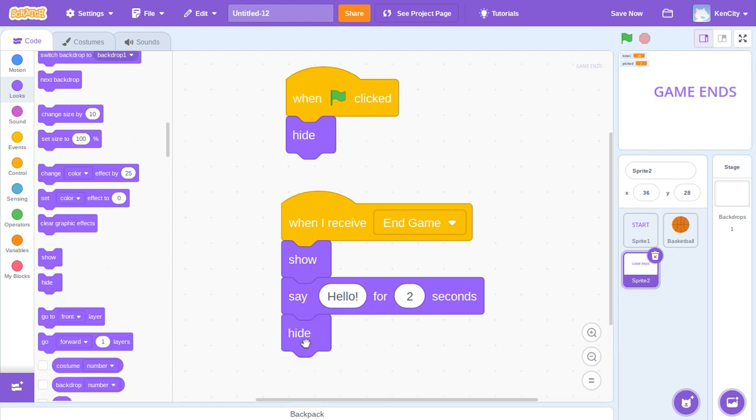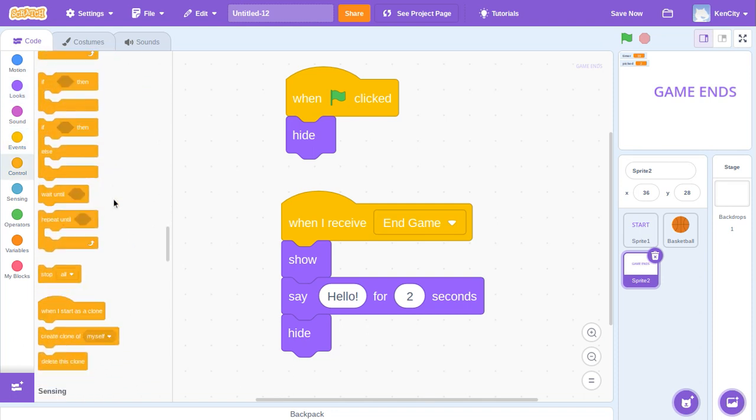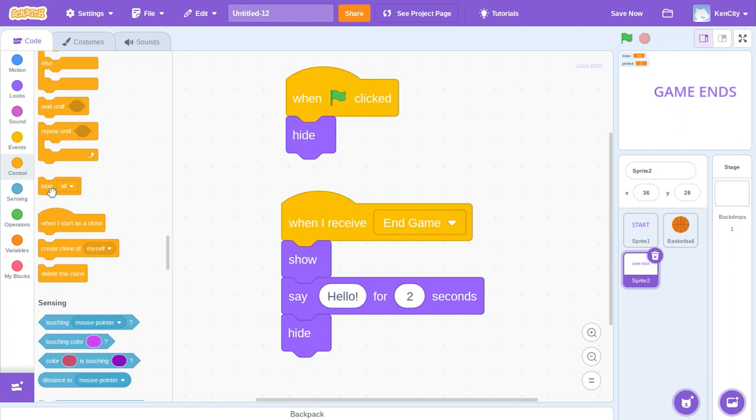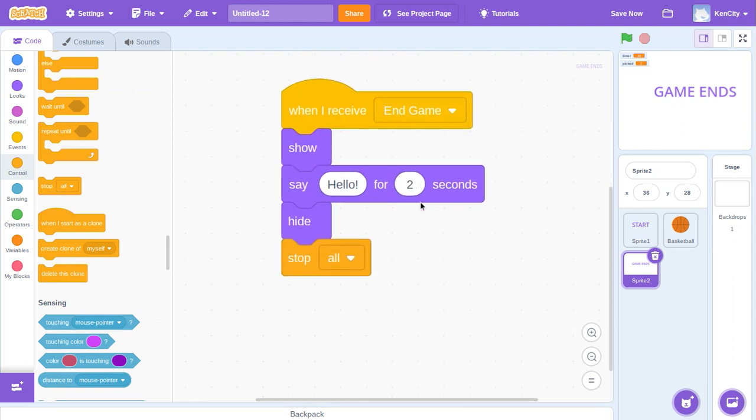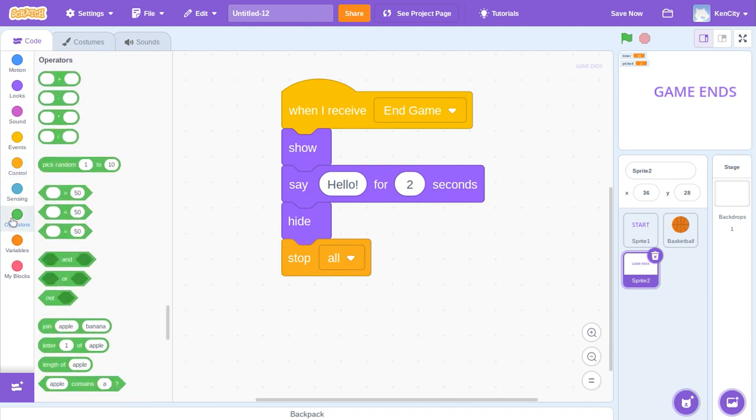Then hide again. And lastly, I'd like it to end all because this program ends all. Now, what do we want it to say? We want it to say some things like you picked some amount of debris in 10 seconds or 15 seconds or 5 seconds or so. So how are we going to do that? We are going to come to the operator. In the operator, you have this